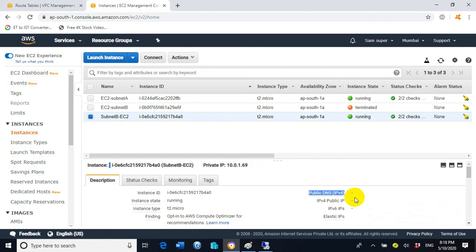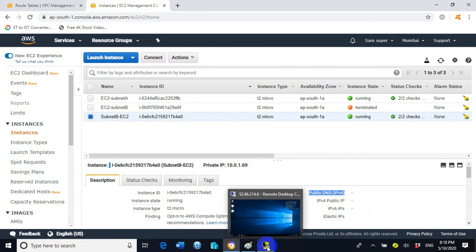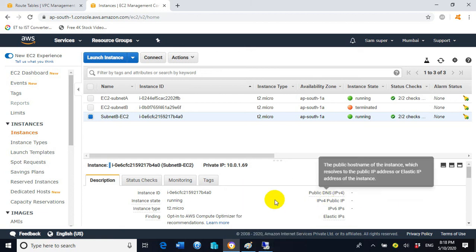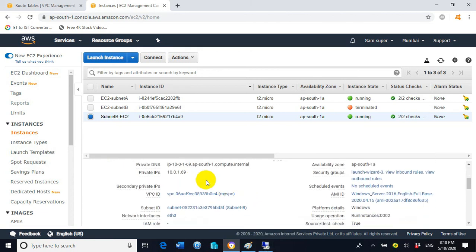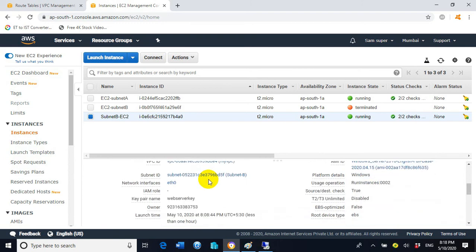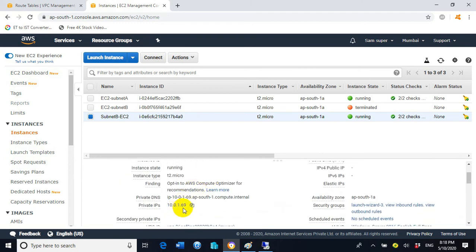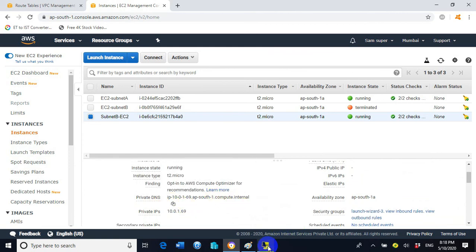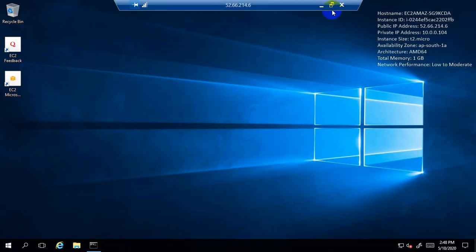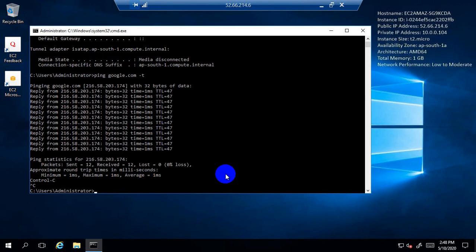But we can take the subnet B EC2 instance RDP connection from inside the subnet A EC2 instance, because here we can see 10.0.1.69, we have the private IP address, and inside the subnet A also we have a private IP address, which is 10.0.0.104, right?